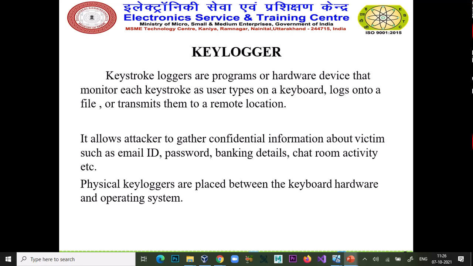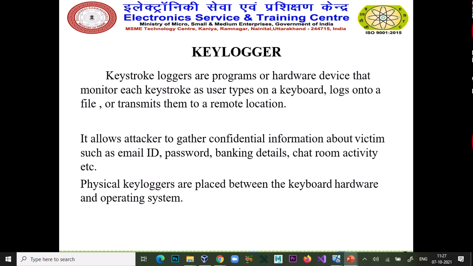It also allows the attacker to gather confidential information about the victim, such as email ID, password, banking details, chat room activity, etc. Because it gives any kind of key pressed on the victim's keyboard, it allows the attacker to gather any kind of confidential information, whether it is your banking detail, your banking password, chat room activity, anything.